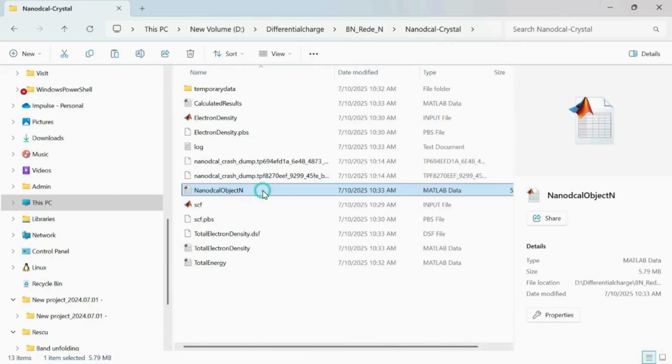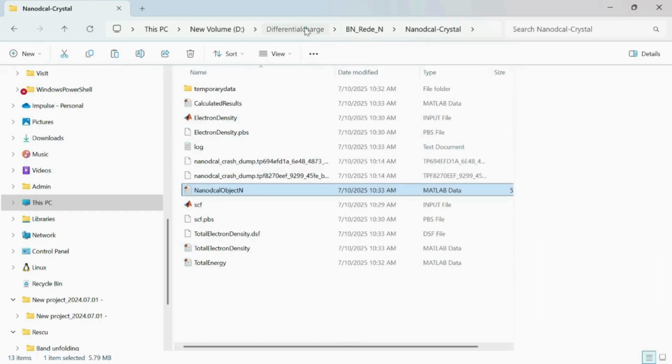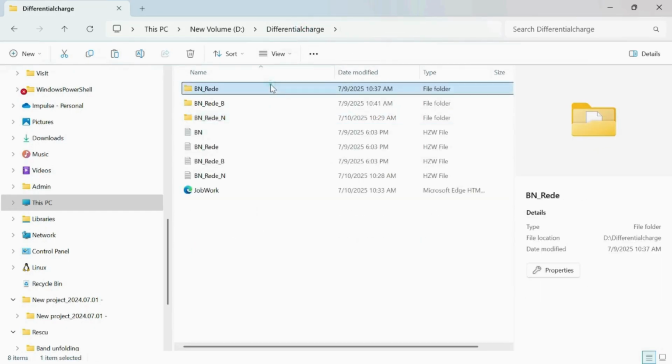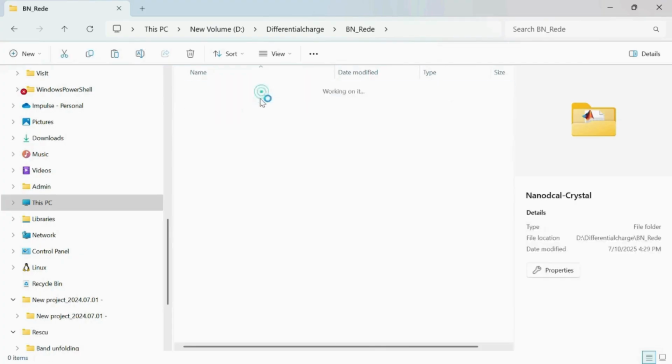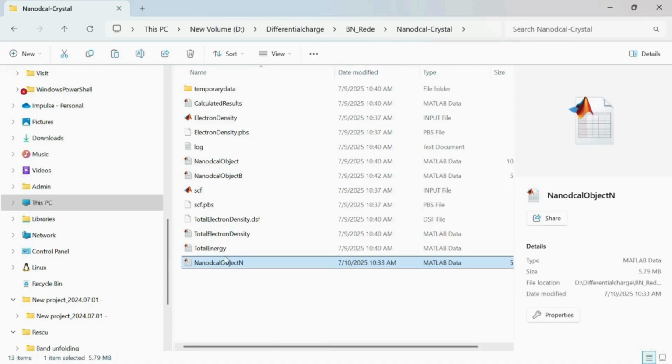Copy and paste in the boron nitride structure. You can see the NanoDcal object for the boron nitride structure, and the NanoDcal object modifier for the boron structure and nitrogen structure only.